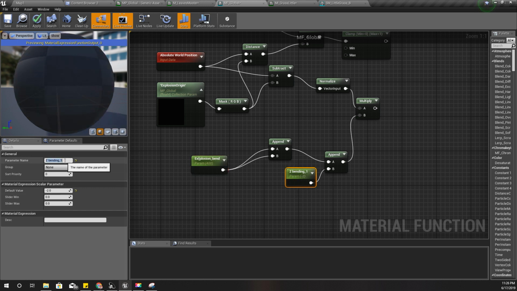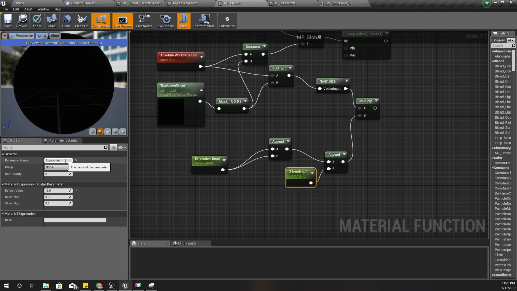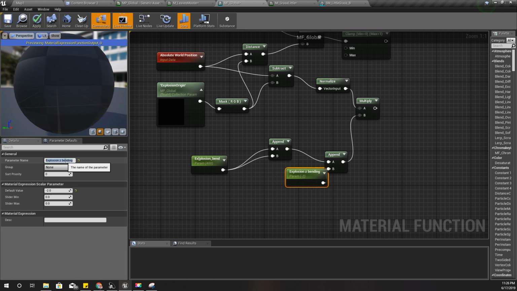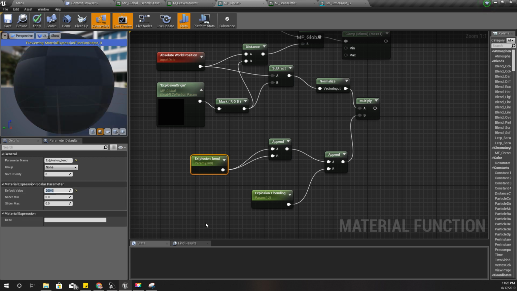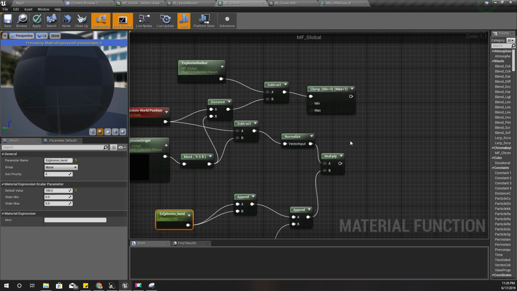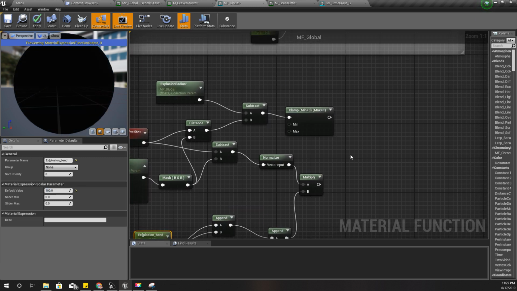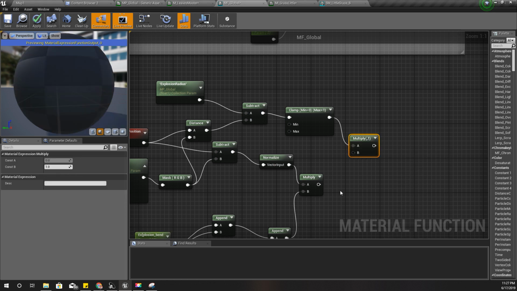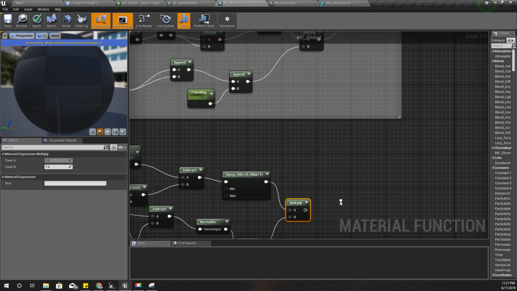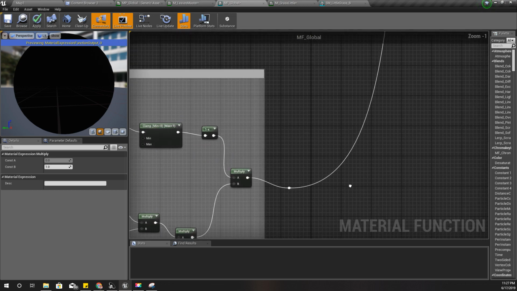Explosion is bending. This one I think 400 would be too much, so let's try 200 or 100 maybe. Okay, and now I have to multiply this one and this one, and finally append that value here